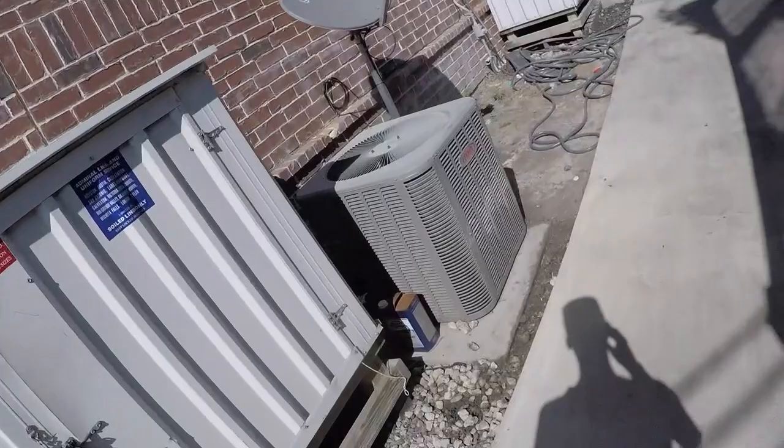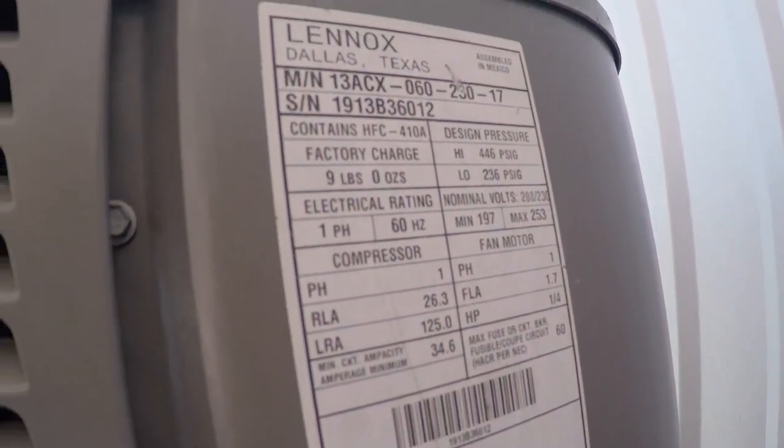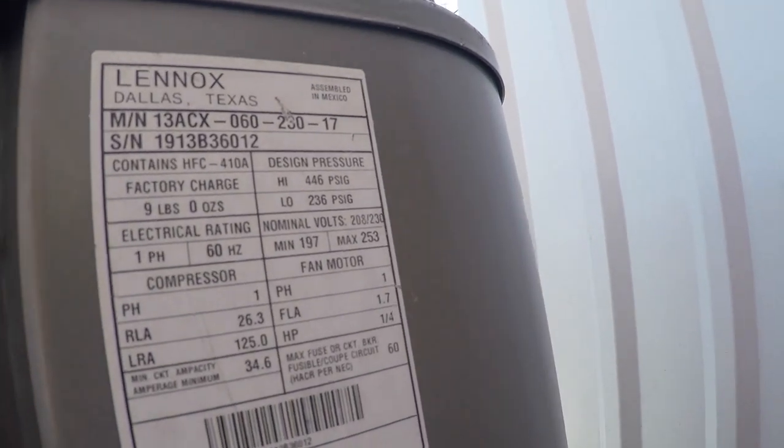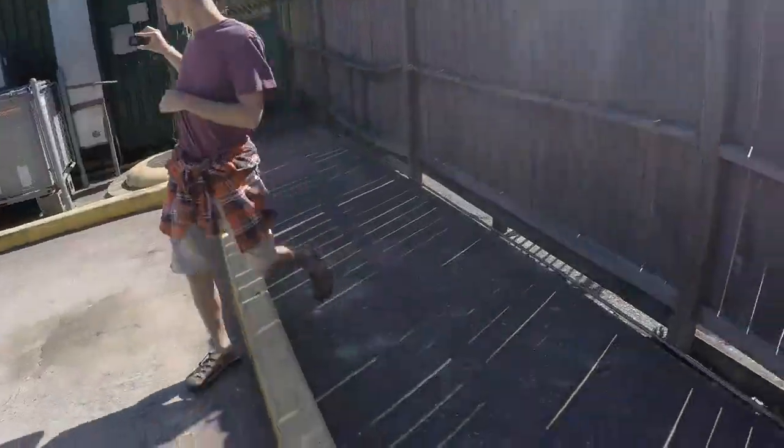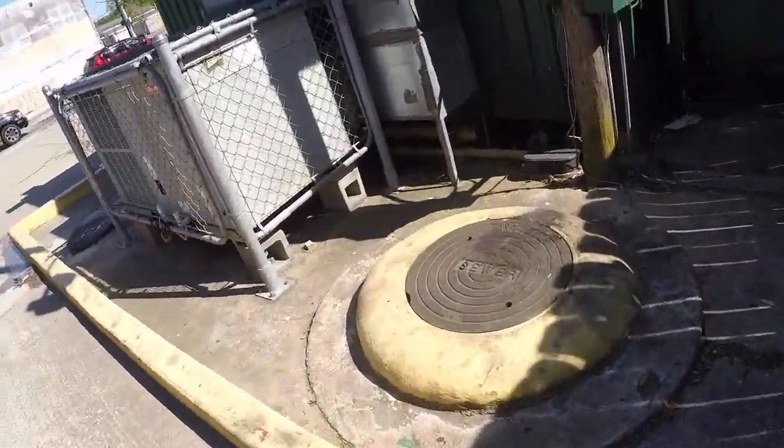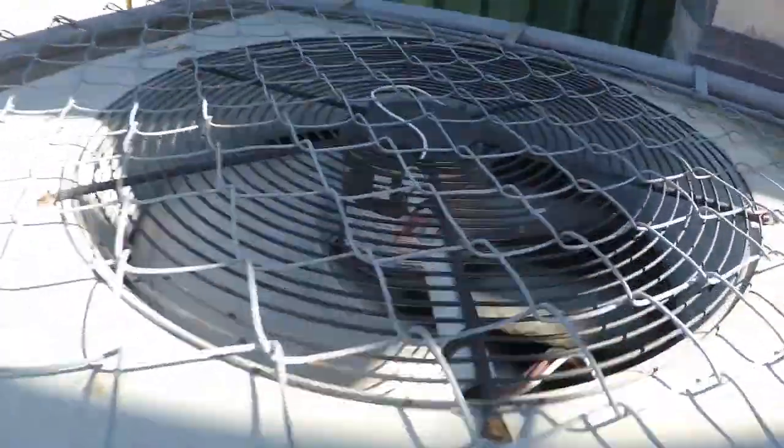Here's a Lennox. It's not running. I think that's a Copeland scroll. This one is from 2013 and it's 1.5 ton, I think. Here are 2 Carriers, not running. Dang it, I can't get the data. I thought I would be able to access them more easily. There's a Goodman gas pack right here that's running. It's actually quite quiet. I'm pretty sure this has